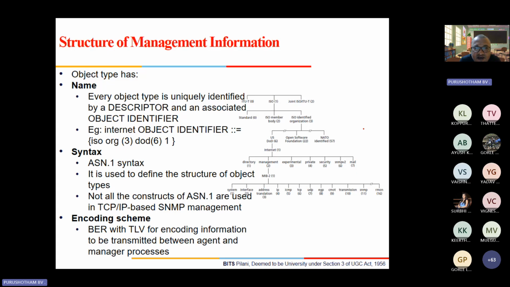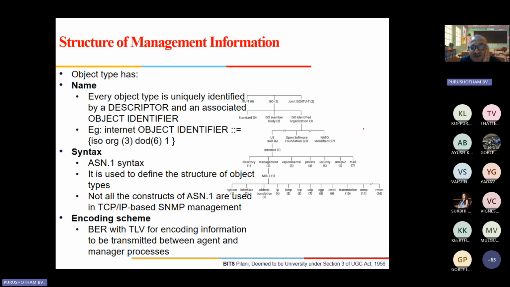For example, the internet object identifier is ISO org, that is 3, and DOD 6. Correct? So it becomes 1.3.6. The syntax is basically ASN.1. It is used to define the structure of the object type.